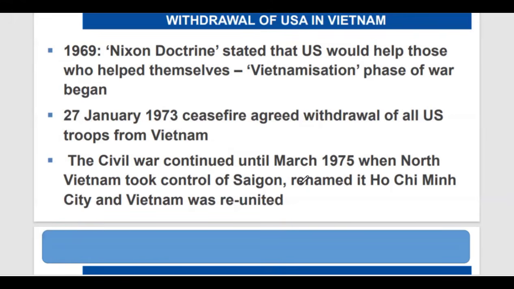And apparently, their capital, Saigon, which had partly been taken by the guerrillas, was fully taken control of by the North Vietnamese army. And they renamed it after their leader of the North, Ho Chi Minh, and that signaled the loss of the South Vietnamese ARVN army. And it was united under the rule of communists, which were the North Vietnamese under Ho Chi Minh.